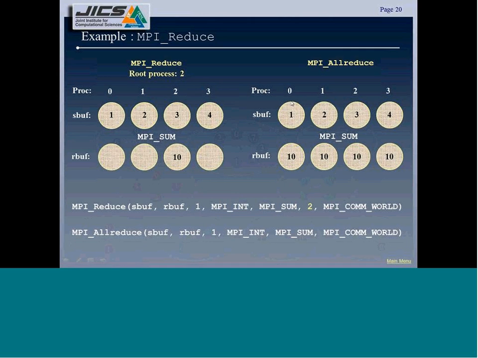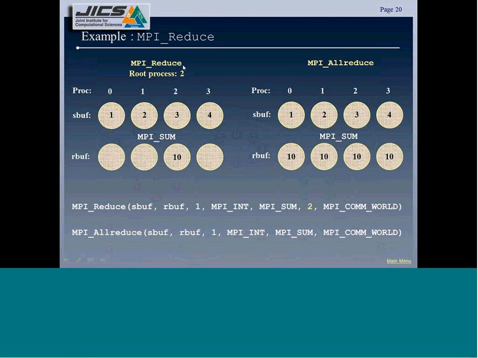It's the same on the right side, where we also have the same data. Again, for MPI_Reduce we have to specify the root process. So let's say it is process 0. This is the send buffer. That's what we have before MPI_Reduce or MPI_Allreduce is called: 1, 2, 3, 4, and 1, 2, 3, 4. Once we call this function and we use the MPI_SUM operation,